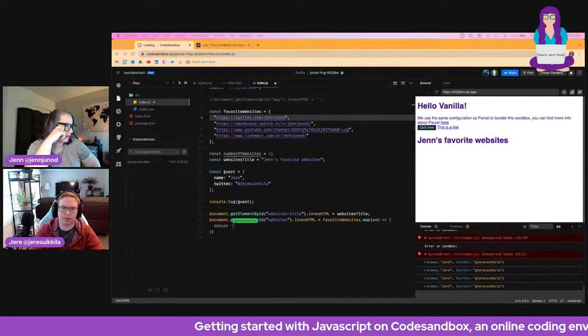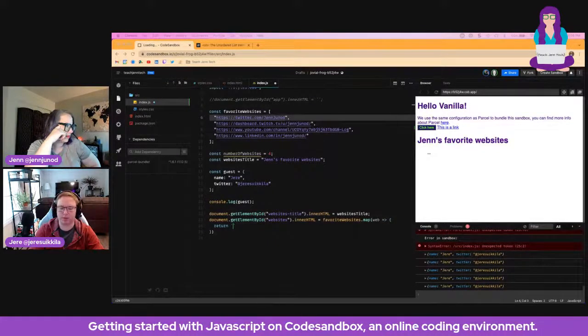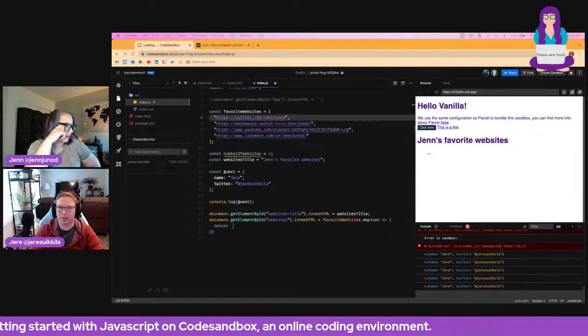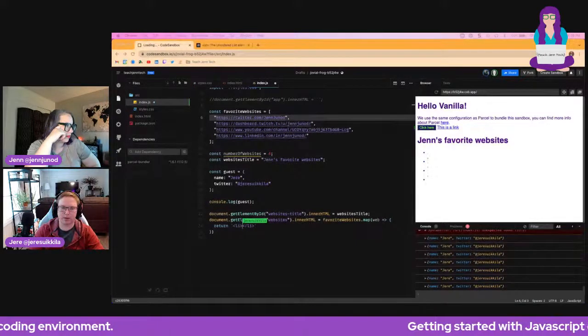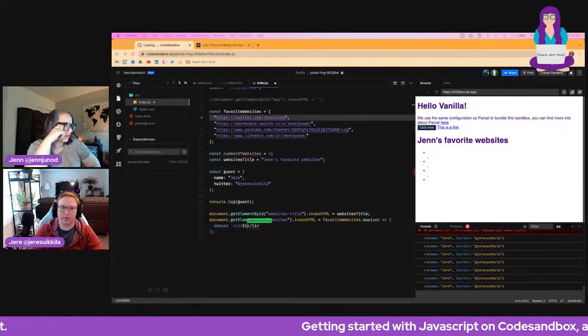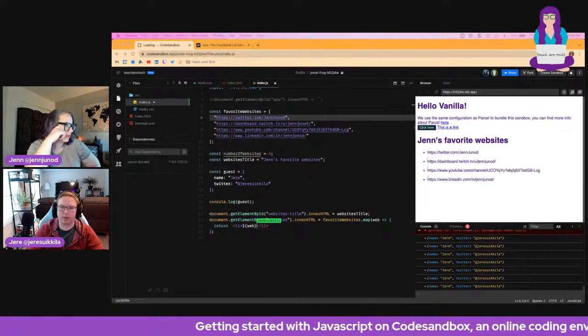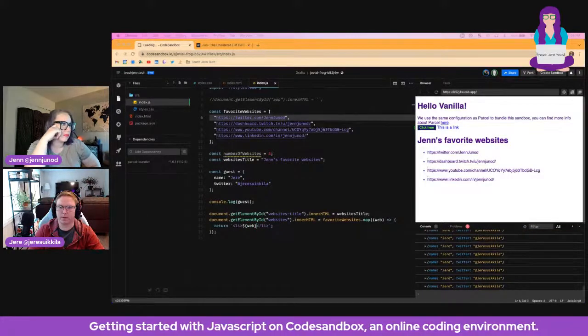We'll actually use backticks because then we can do something called string concatenation. We can put variables inside here. So let's see if this works now. There we go.